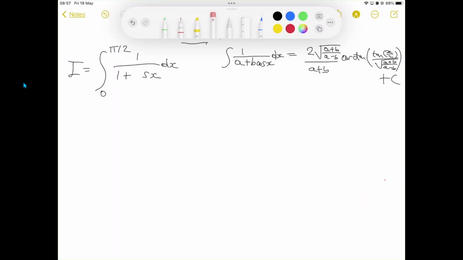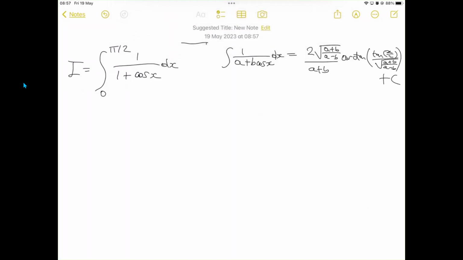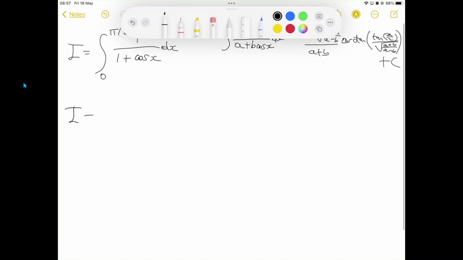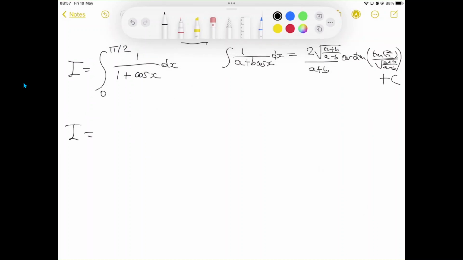It's not difficult if you're in Calc 2 or in further maths A level, but we'll see how it plays out. So let's say that our integral is equal to, well, we've let a and b equal to 1, so it's equal to the integral from 0 to pi over 2. In fact, I'll just write straight away 2 root 1 plus 1, which is 2, over 0. Instead of writing over 0, I don't want to abuse notation,